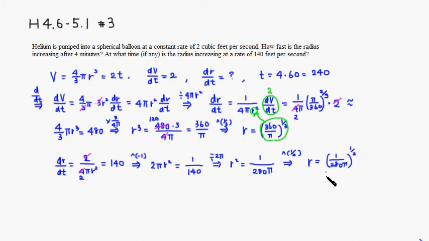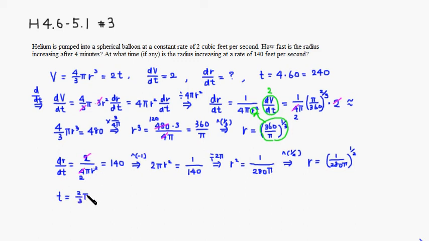So we found the r value. Now we want to find the corresponding t value, because they're asking for what time, all right? So we can relate that using this equation right here, right? So dividing through by 2, we can isolate t. So t is going to be equal to, right? So divide by 2, so it's going to be 2/3